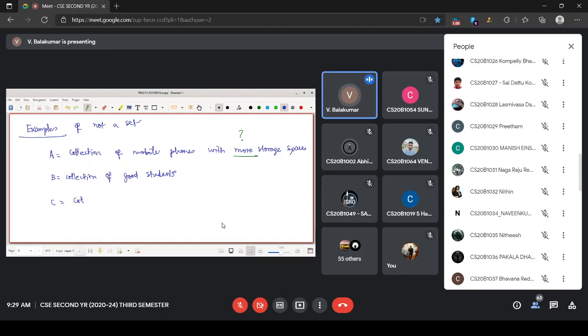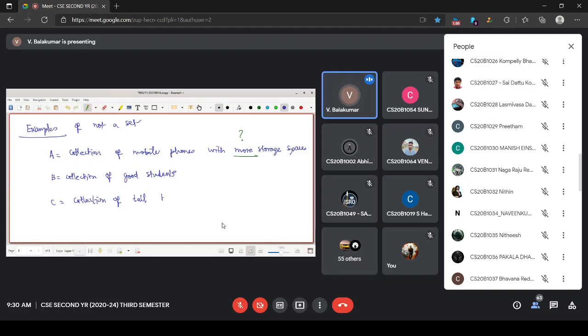Collection of, please add something more. I think we mentioned various things already. This is not a set, a collection of, what do you say? Collection of tall buildings. Tall buildings, yes, exactly. So it is different from person to person.